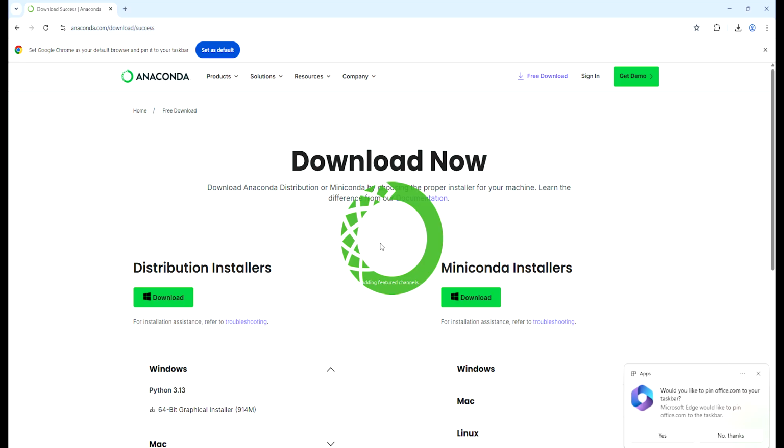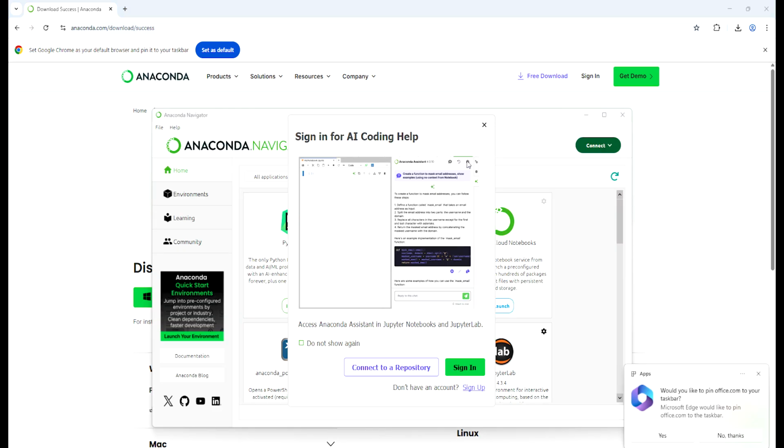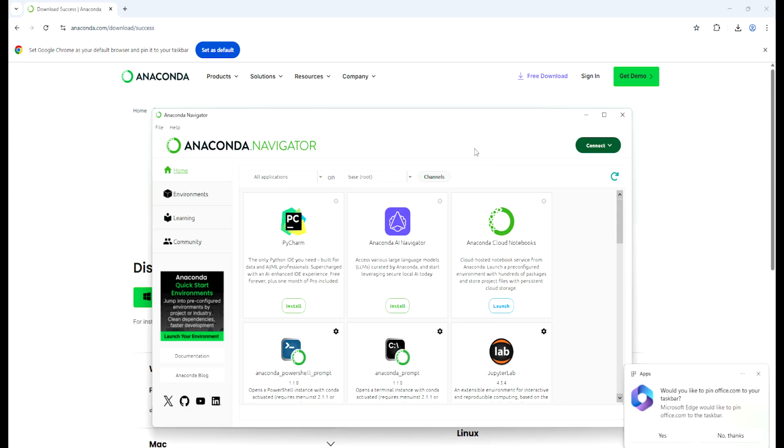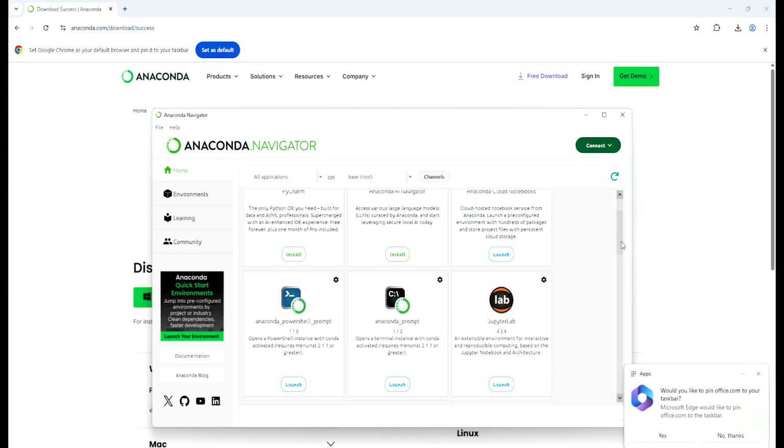Now the Anaconda Navigator is starting. This is the Anaconda Navigator. It provides the option to install PyCharm, Anaconda AI Navigator, and many other tools.